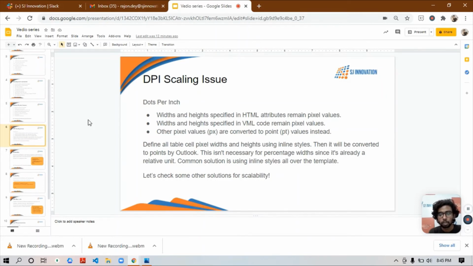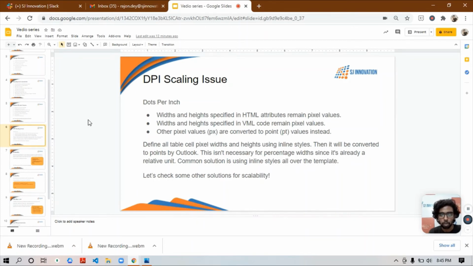Even the font family you need to mention inline. Then it will be converted to points by Outlook, so there is no issue at all. This is not necessary for percentage values, since percentage is already a relative unit. So if you're using percentage, that's good.